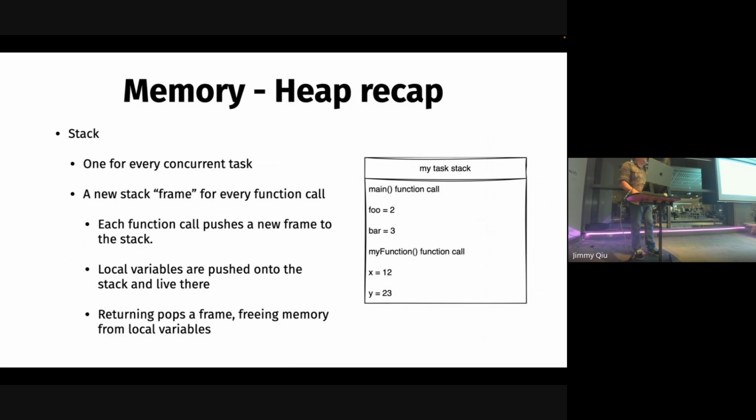The idea being that for a stack, there'll be one for each concurrent task. This is the same in Go and same in Beam. And when you have a stack, that'll be the list of all the functions that we call. So it's the hierarchy of this function is called this function, it's called this function. Local variables will live there. It'll have sort of return addresses for where to go to when a particular function finishes. And the nice thing about the stack is that when a function finishes, you can just roll it back and say, okay, this stack frame is done. Stack pointer goes back to here. And that memory, you don't have to free it, you don't have to do anything with it. It just sort of sits there and you override it when you need to use that space in the future.